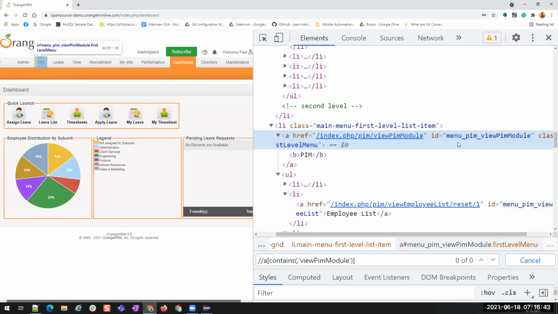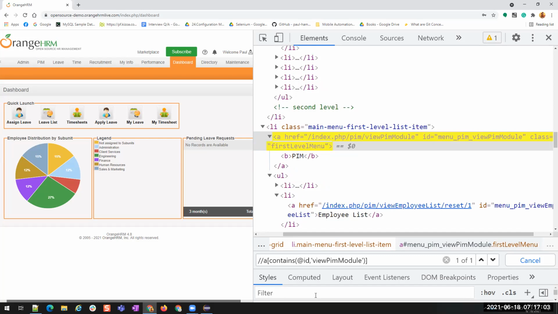What is the attribute name here? ID, right? If I want to mention an attribute, what is the special character that I have to use? Exactly, the at the rate symbol. Now you see, is it able to find?